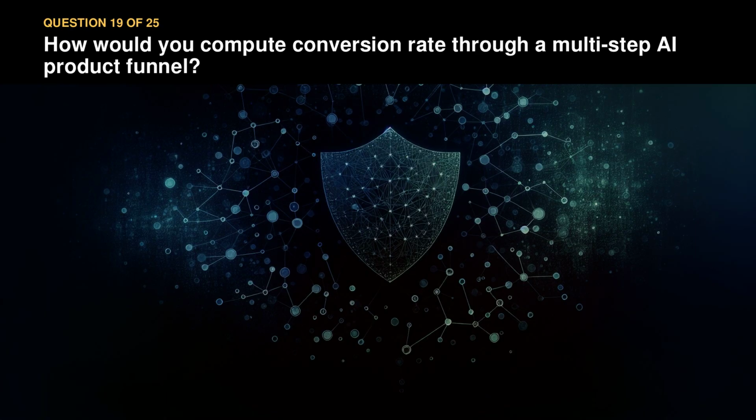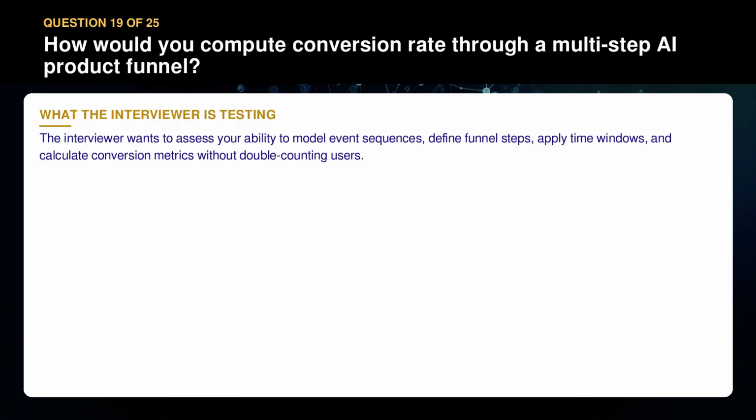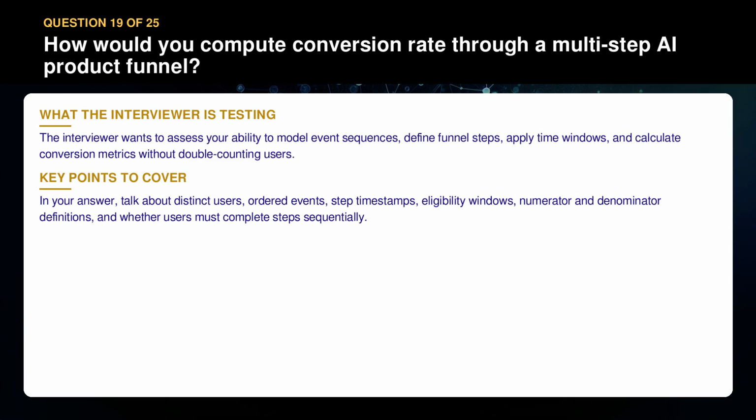Question 19. How would you compute conversion rate through a multi-step AI product funnel? The interviewer wants to assess your ability to model event sequences, define funnel steps, apply time windows, and calculate conversion metrics without double counting users. In your answer, talk about distinct users, ordered events, step timestamps, eligibility windows, numerator and denominator definitions, and whether users